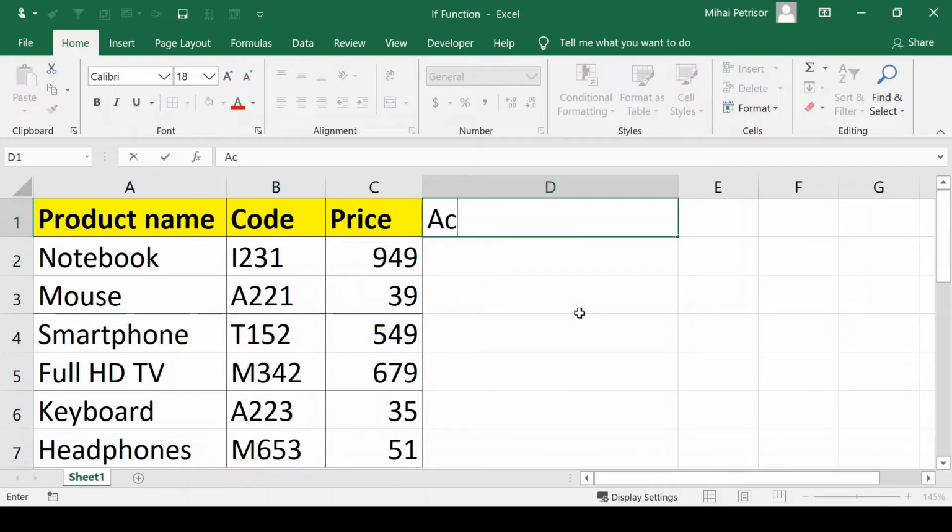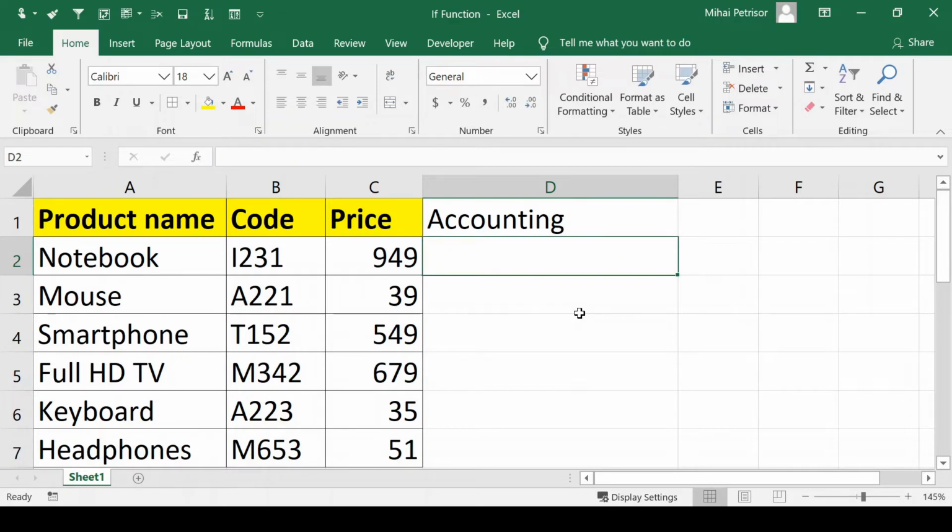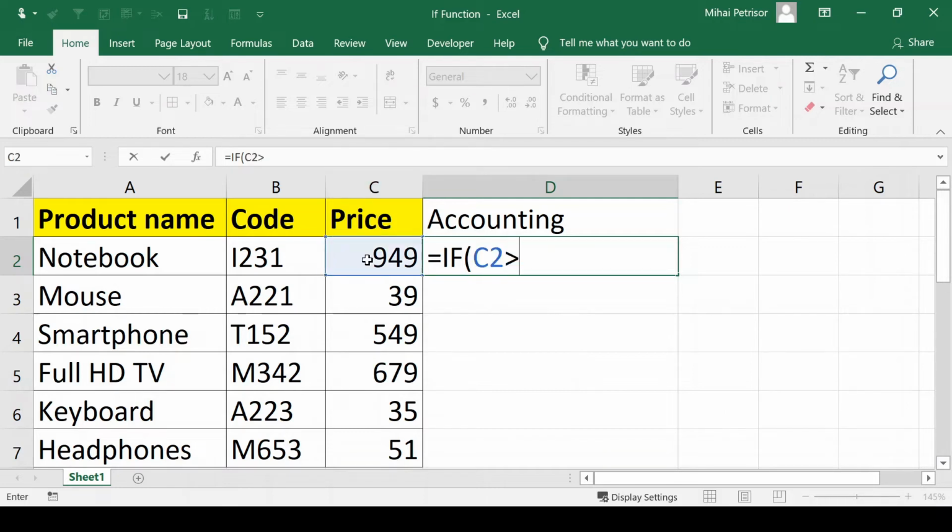In column D, we'll write accounting, and then we'll start to write the function. The IF function contains 3 arguments. The first argument is the criteria that we are looking for to split the products between our categories, in our case. So, the logical test will be if price is greater than 500,